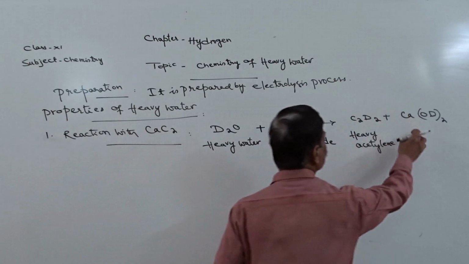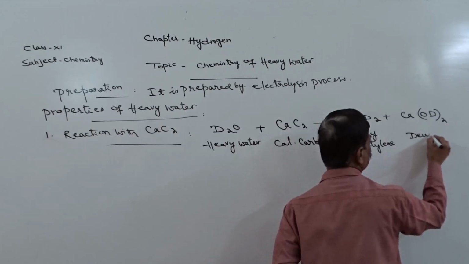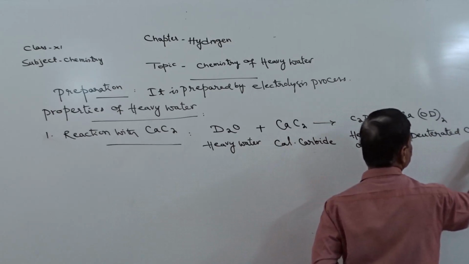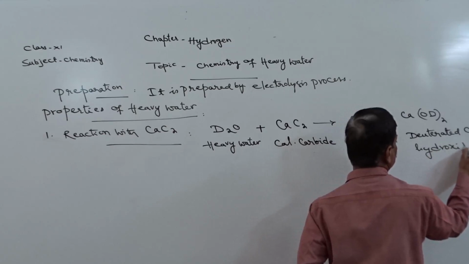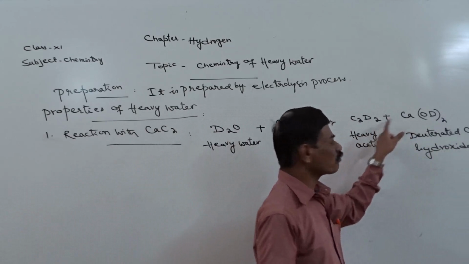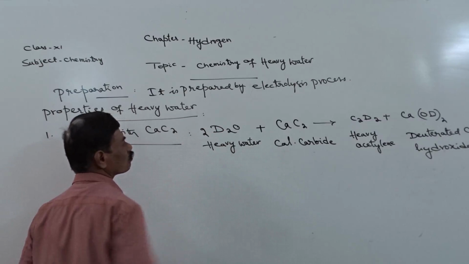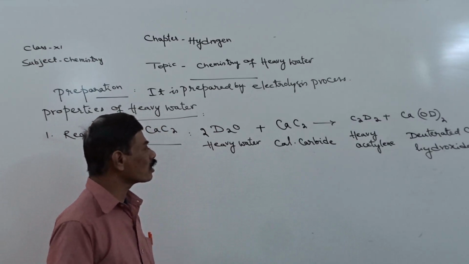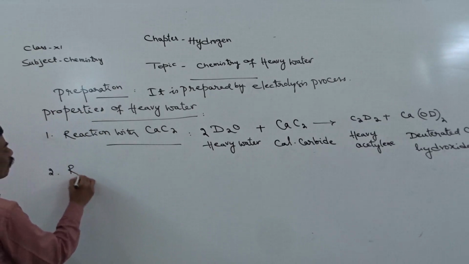Next, CaOD twice is known as deuterated calcium hydroxide. That's all. Altogether here we have 4 deuterium atoms, right hand side, and towards left hand side we have only 2, so we multiply with 2. So equation automatically gets balanced. That's about this important property, right? Next, reaction with